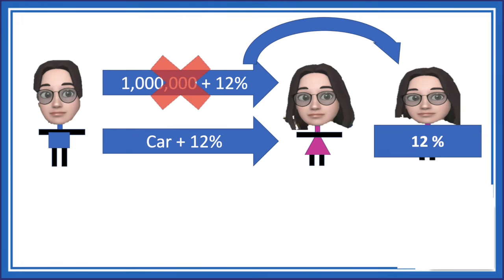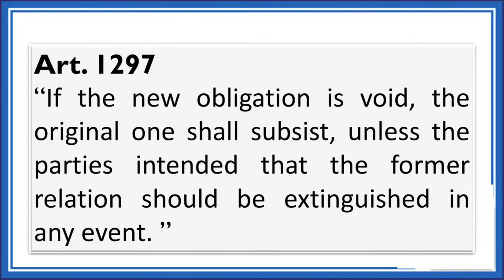Pero kung without the consent of Beauty, di kahit pa ibigay ni Pogi yung kanyang sasakyan as payment na kay Ganda, in replacement or is a substitute doon sa original obligation nila, magiging liable pa rin siya, magsasubsist yung 12% interest na accessory obligation which is ibibigay niya kay Beauty. Right? Now, Article